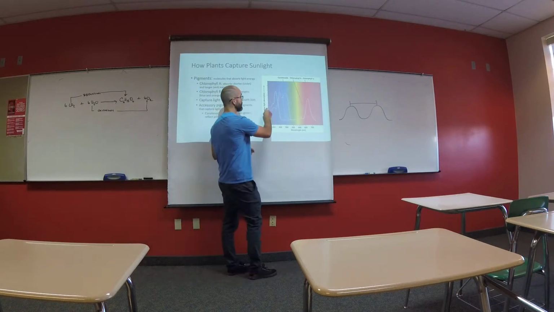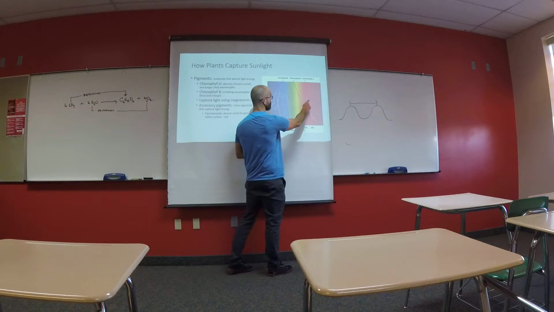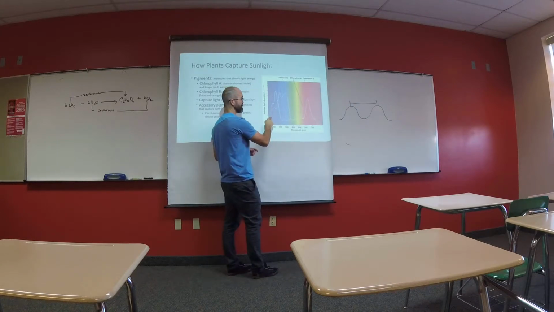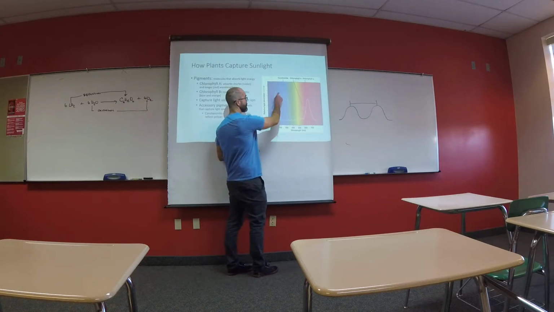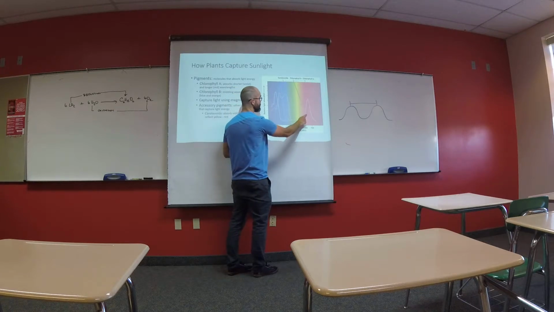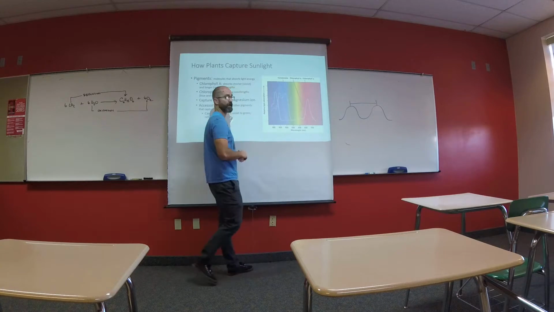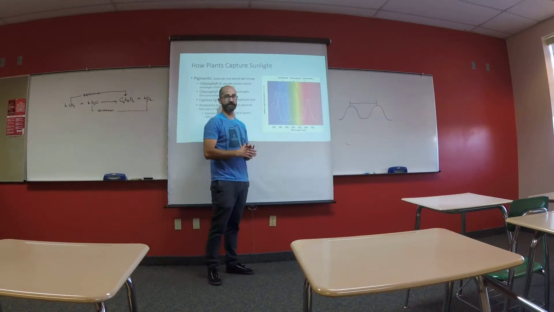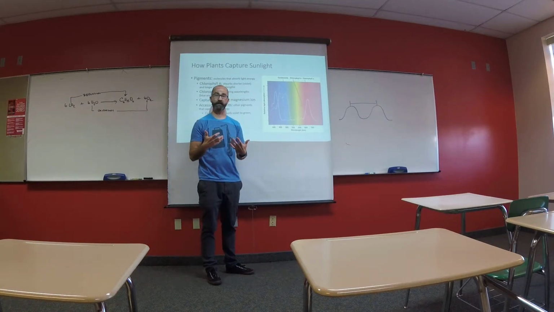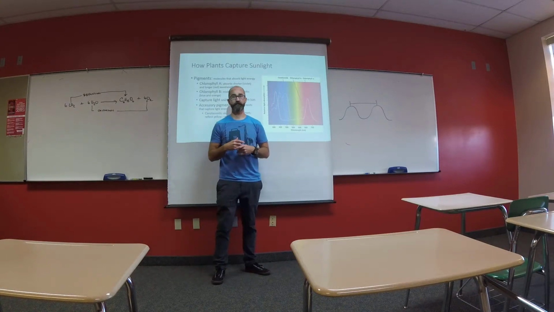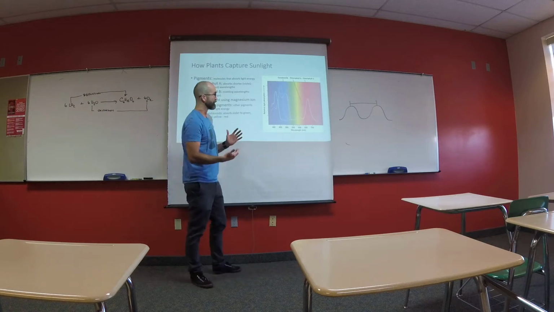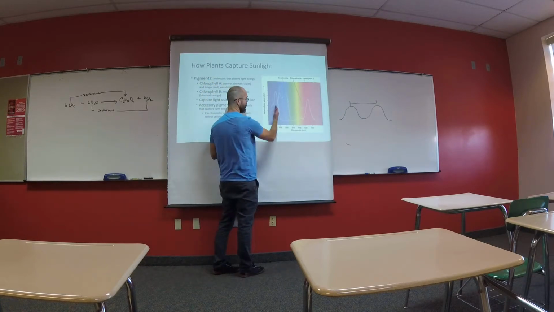It shows a solid line that represents chlorophyll A. It shows a short dashed line, which represents chlorophyll B. And then it shows a long dashed line, which represents the carotenoids. Now, along the y-axis, we have the amount of some particular wavelength that's being absorbed. And along the x-axis, we have the wavelength of light. So what you can see is, here at 400 nanometers,